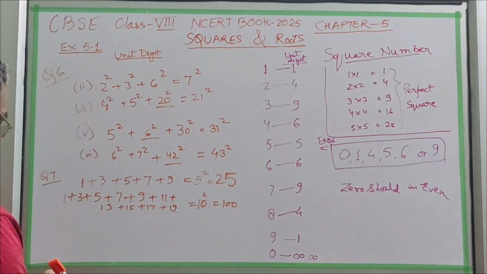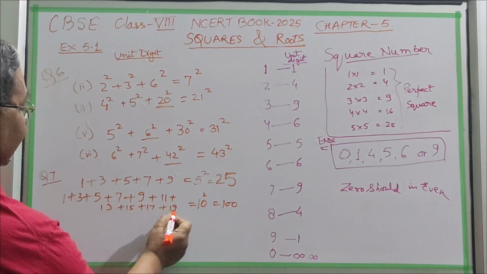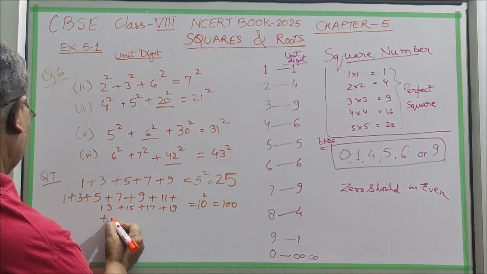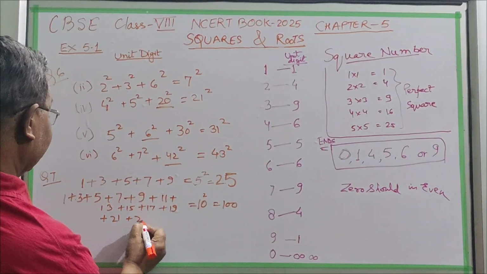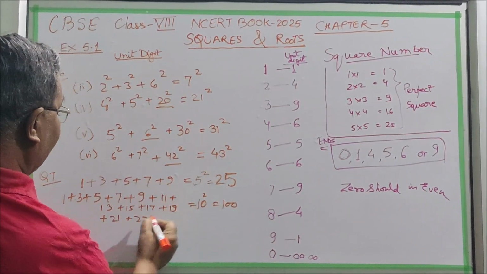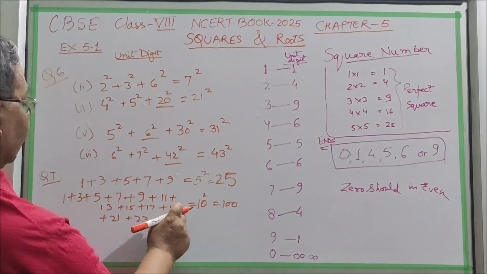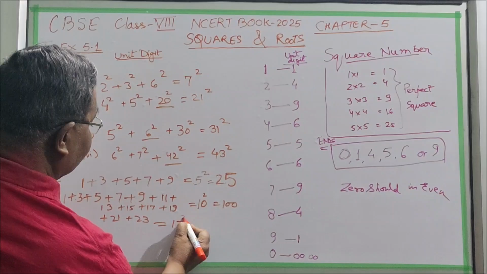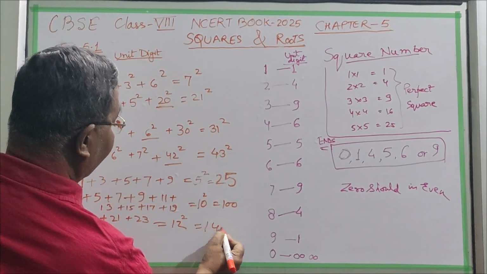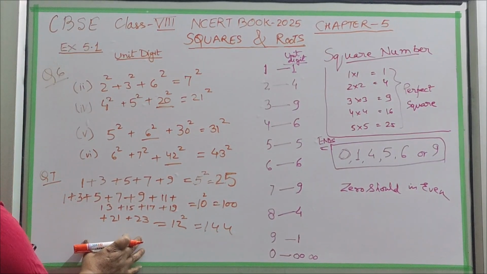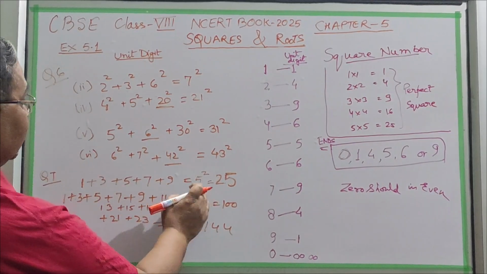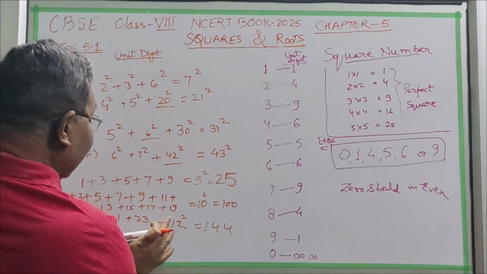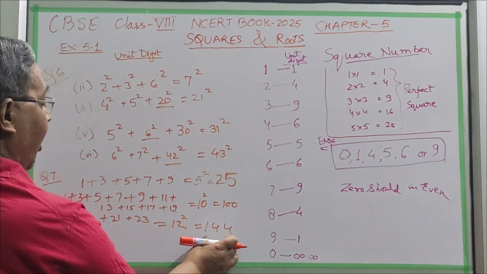Okay. Likewise, if we increase it more, these numbers are there, and then we go on increasing, plus 19, then plus 21, plus 23. Now the count of numbers will come 12, because up to 10 it was 10, then 11 and 12. So its sum will be 12 square, meaning it will be 144. So in this way, this is also a property. Without doing the actual addition, you can tell how much the addition will come.